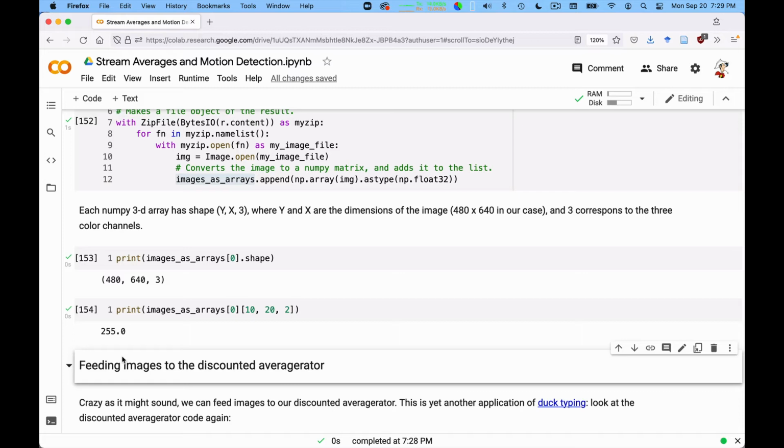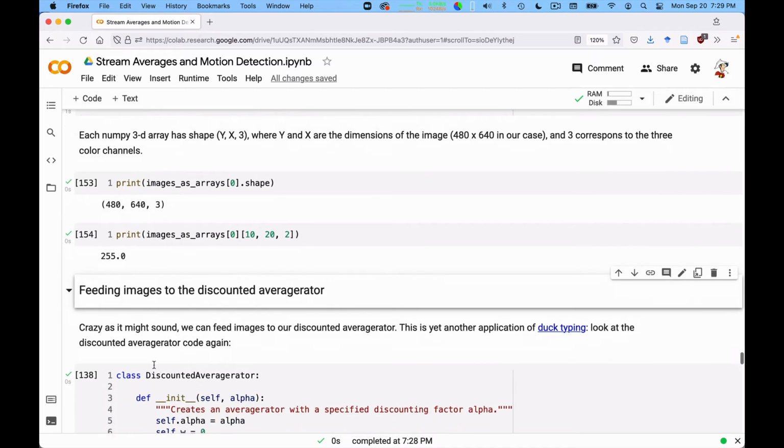Because NumPy, if you ask to sum 0 plus a matrix, will replicate the zeros for all the elements of the matrix, and it will be able to do the sum. Python has this virtue that by not checking types, it sometimes lets you generalize code that you have written for one application to a much more general one. In this case, I paid attention when I wrote the original code, and we can really use the discounted average to work on images. And we can give it a spin.